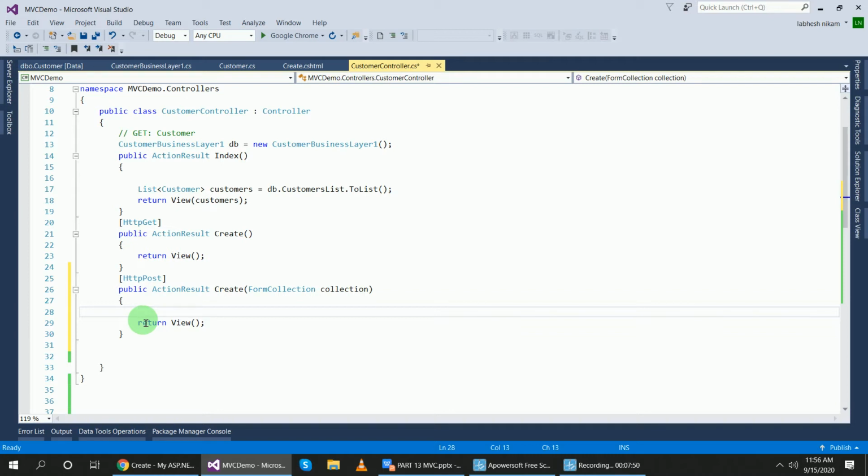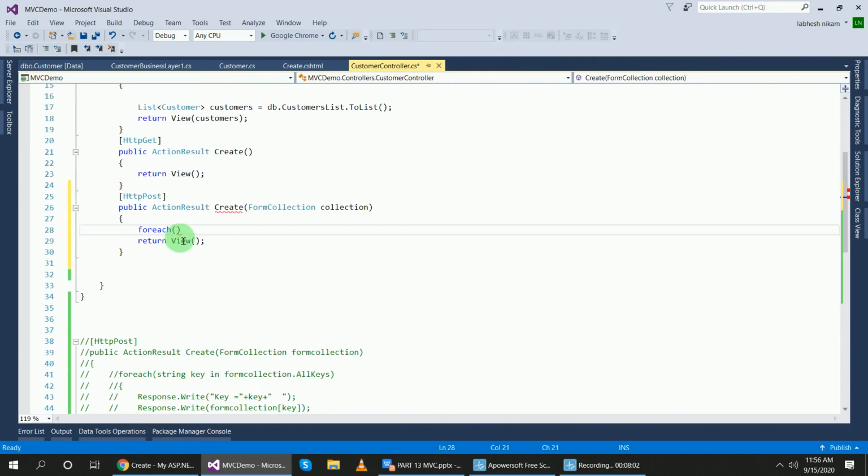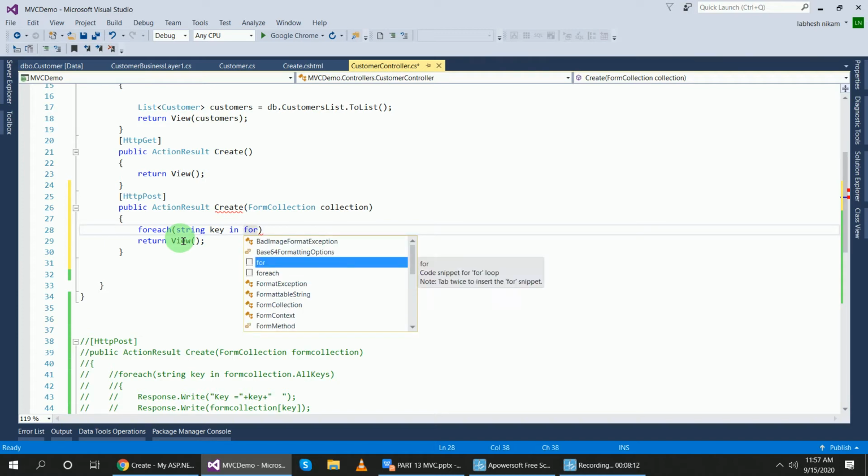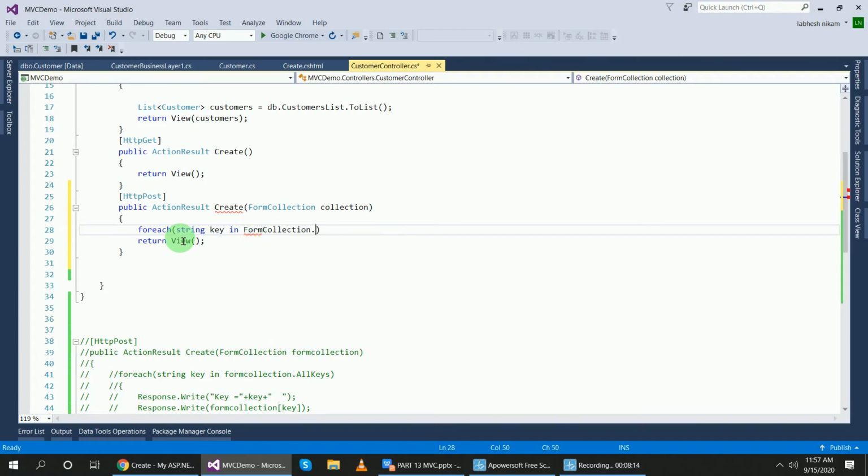To generate the key we will use foreach string key in collection dot form collection dot all keys.